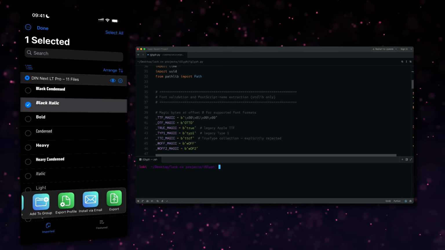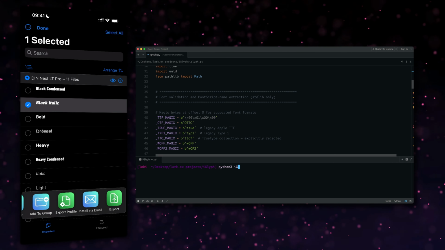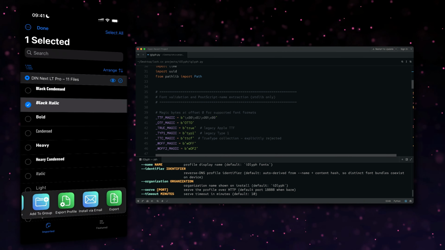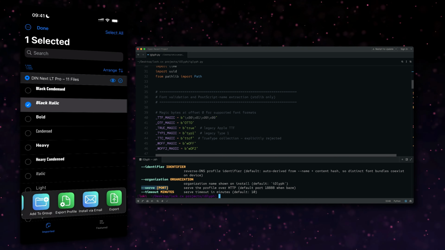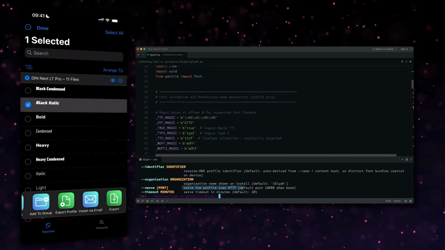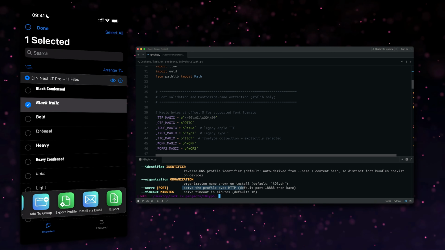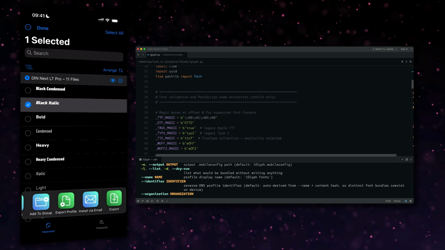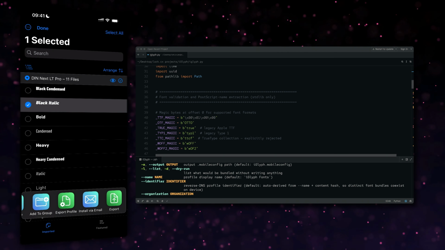It would be, well, python3 iGlyph.py. There's some help. It's very helpful help. The serve flag, this is really the important one. The serve flag with an optional port number is going to spin up an ephemeral web server, and then on your local network, you can